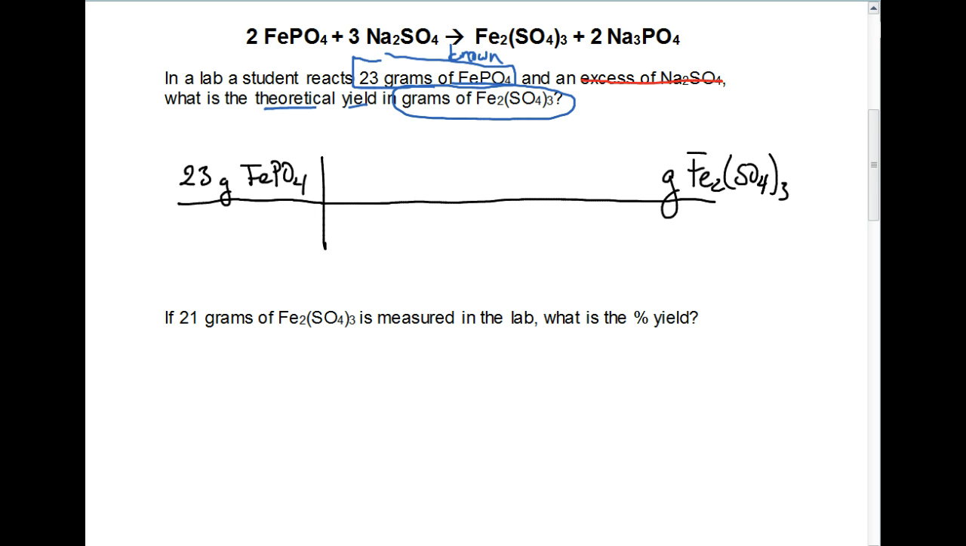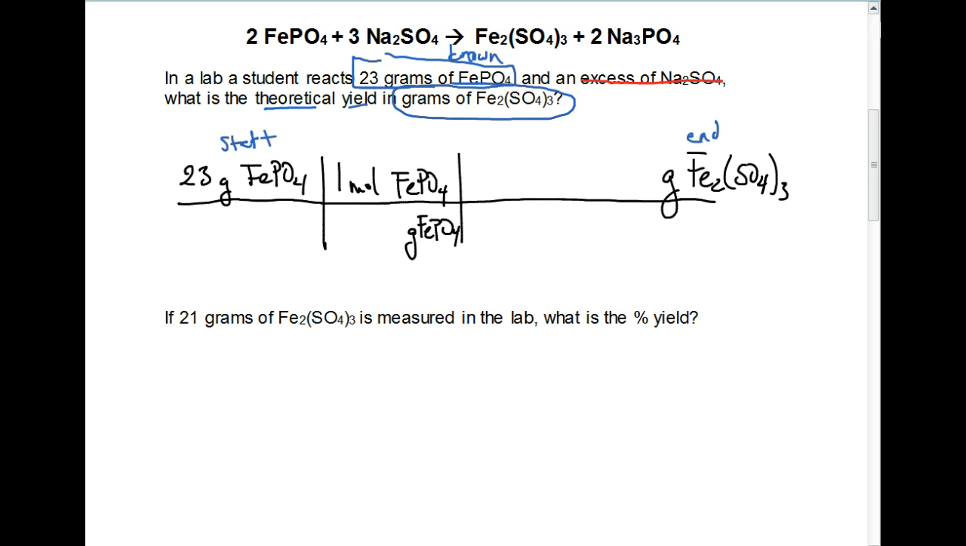We know that we're starting at grams, and we know that we're ending at grams. We need to go up the molar mass, across the unknown over the known mole ratio, and right back down. Our first step is going to be 1 mole of FePO4 over the molar mass, grams of